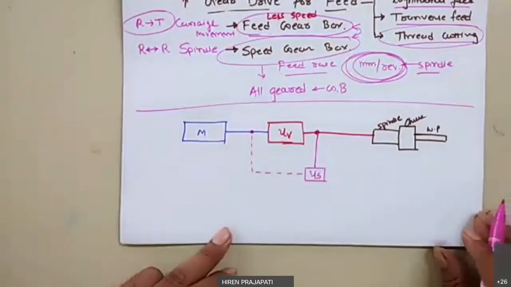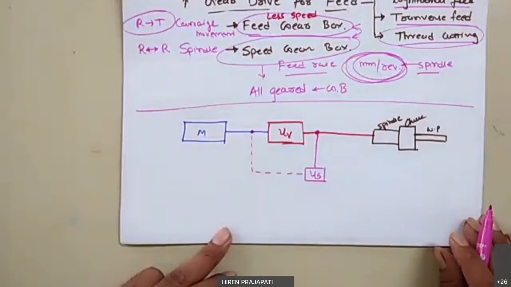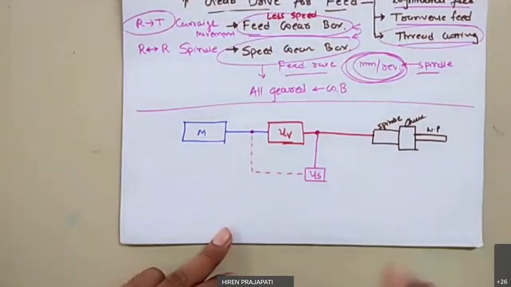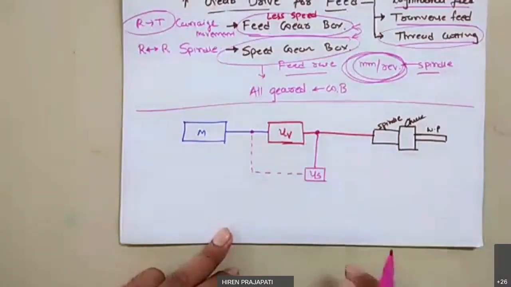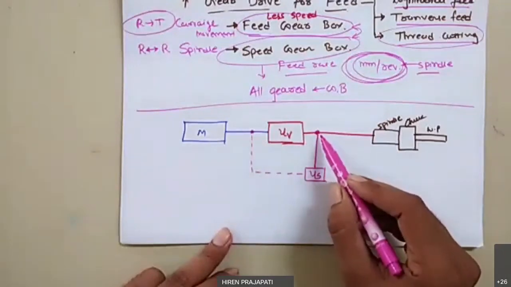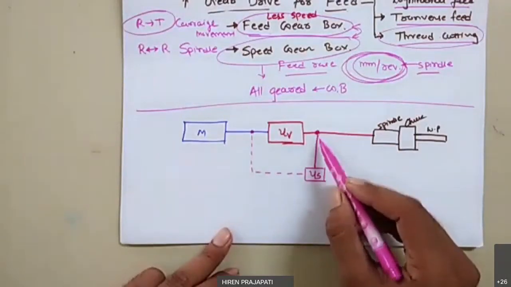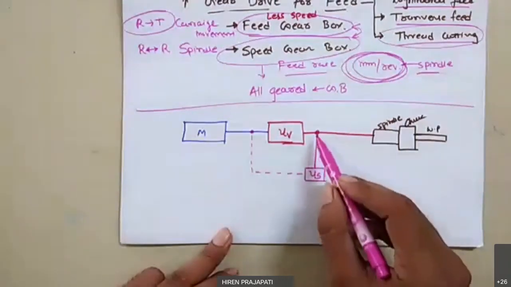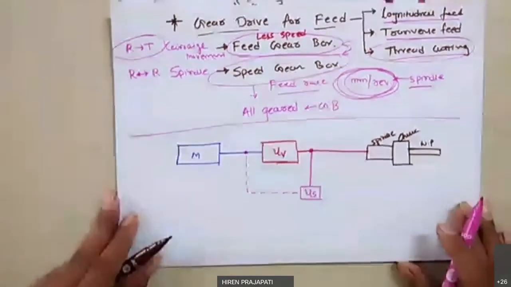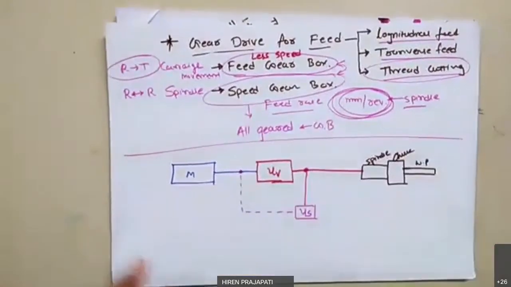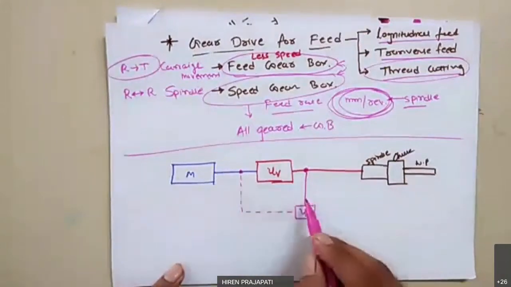If you recall my demonstration video on the lathe machine gearbox Turn Master 35, then on the output shaft on the left side you will find two extreme gears. On the extreme left side you get two gears. Those gears are nothing but for connection of the feed box with the spindle. Please relook at it, then that will give you a clear idea, right? So two possibilities are there. Now we will see what will be the end effect of both the possibilities.